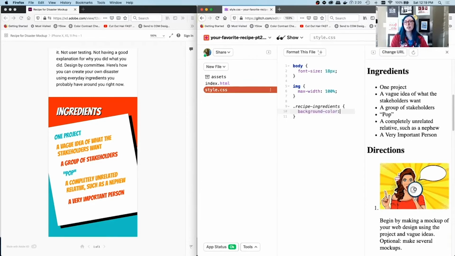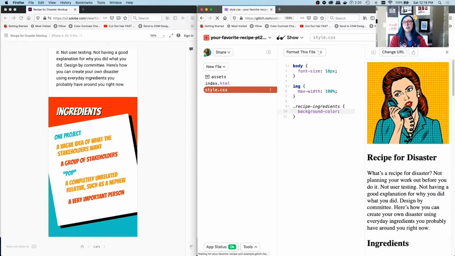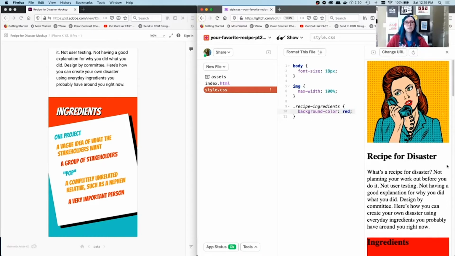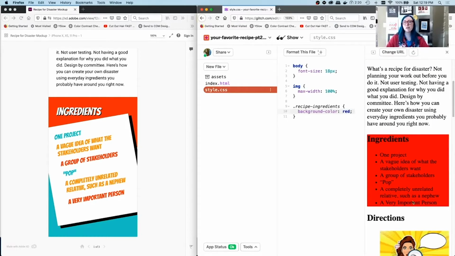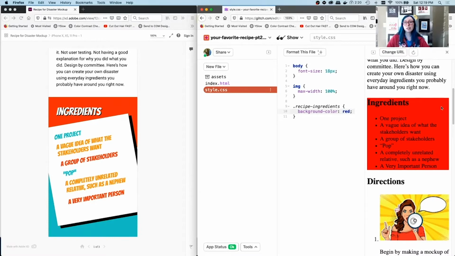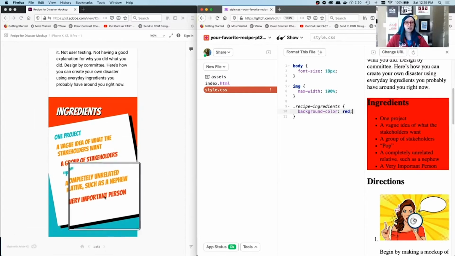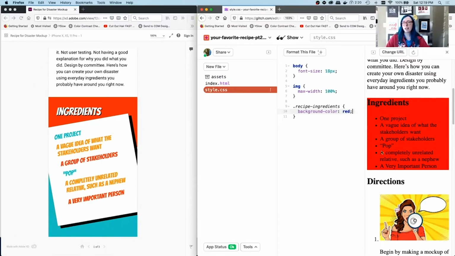And again, we're roughing things out. We're testing things out. We don't need to necessarily have the exact background color in here. So I'm just going to rough it out with red. It doesn't have to be the same red, but I want to see where this lines up. And now I can see that the red starts with ingredients and ends at the end of ingredients. So it encapsulates this whole section, and it's kind of the right sort of relationship. Perfect. So I got that right.